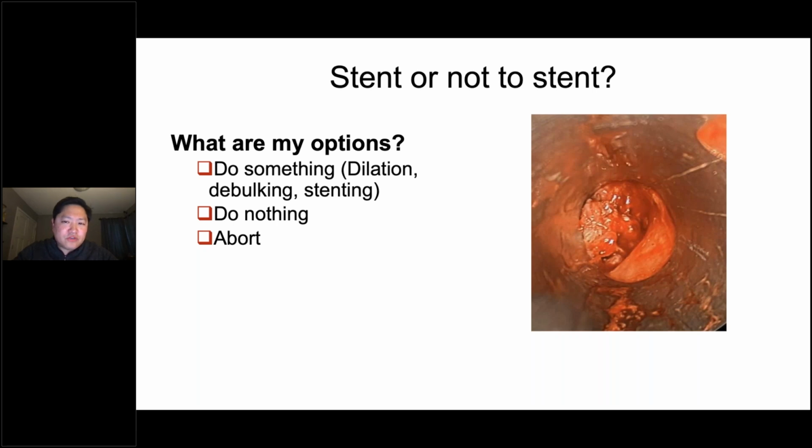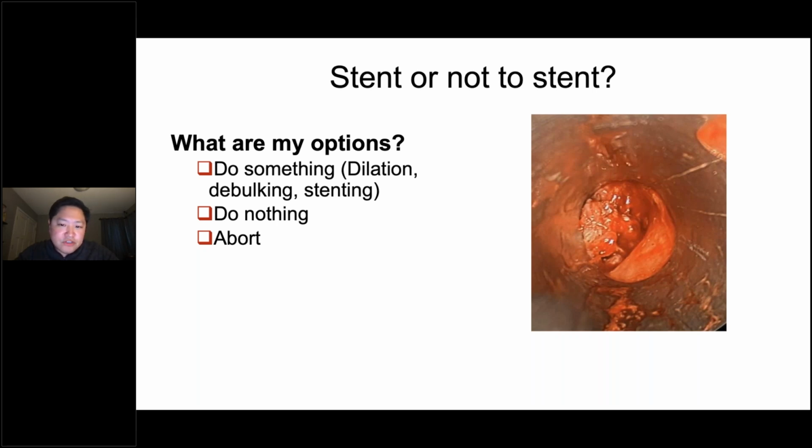So the question is to stent or not to stent. So your options during a procedure, and this is something I try to tell the fellows, your main goal and the reason why you bring this patient to the procedure room is to do something. But just because you have a mindset of doing something doesn't mean you need to do it. So if you're in there and you say, there's really nothing that we can do, you can do nothing. I think people are tempted to try to do something even if you're there. But you can decide on doing nothing, and that's fine as well.